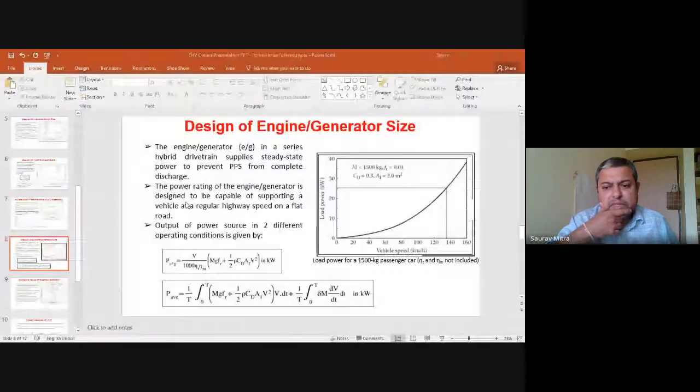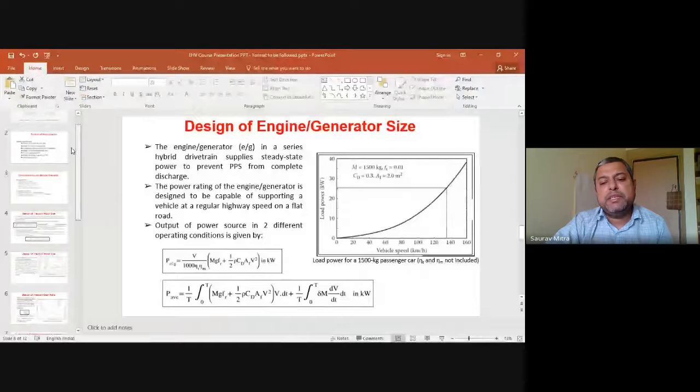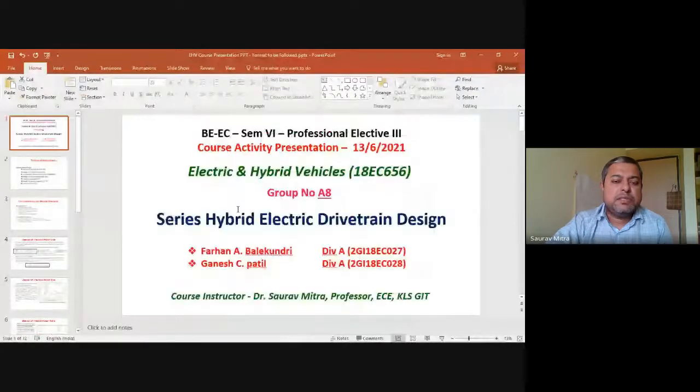So it's a very big presentation what they have given. This you can find at the end of the 8th module, and this is actually a part of our syllabus. There is a case study of design of series hybrid vehicle. There is PEG, that is engine generator power, then PPS power, and together they sometimes generate the traction power. So at the end of the 8th module in the book of Ehsani, you will find all this discussion that they have given. So good performance.